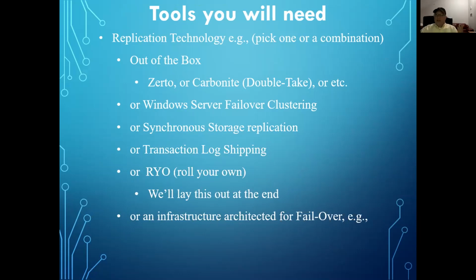Or you can just bite the bullet and go with an infrastructure that's architected for failover, like Azure or AWS. These aren't inexpensive. I costed my server environment that I have with Zerto against Azure and AWS, and Azure and AWS are a little bit more expensive. My partner is very frugal with our money, and we said, look, let's stay where we are. Plus,